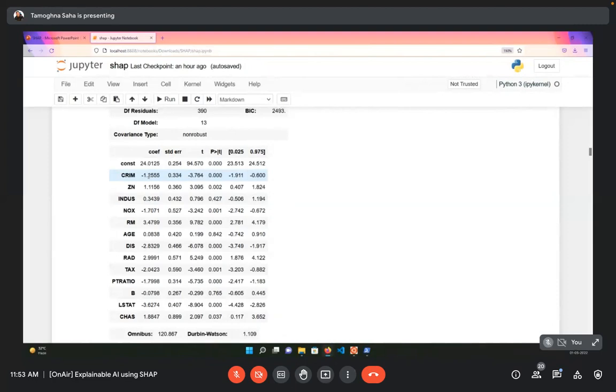What I mean by this is, suppose we are considering the age, right? So age has a coefficient of 0.0838. Now this age is in terms of numbers. So if we just change the scale of that number from years to minutes, then you're just going to multiply this coefficient by 365 into 24 into 60. So you'll end up getting a huge coefficient value, which is not relevant for our problem statement.